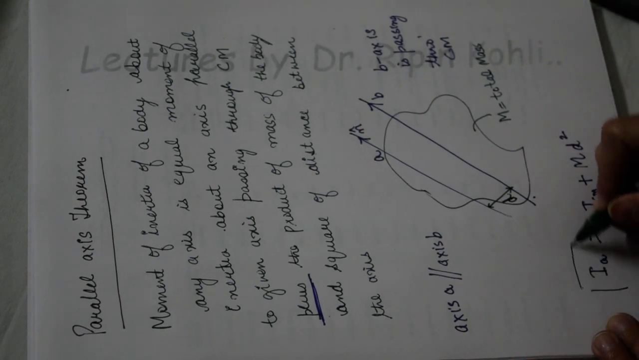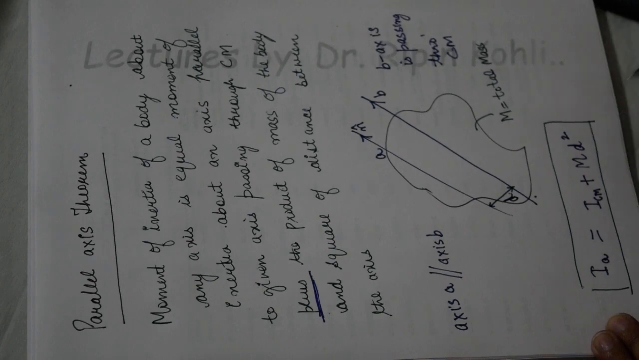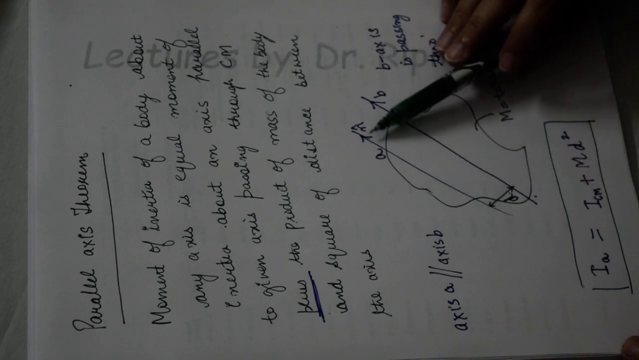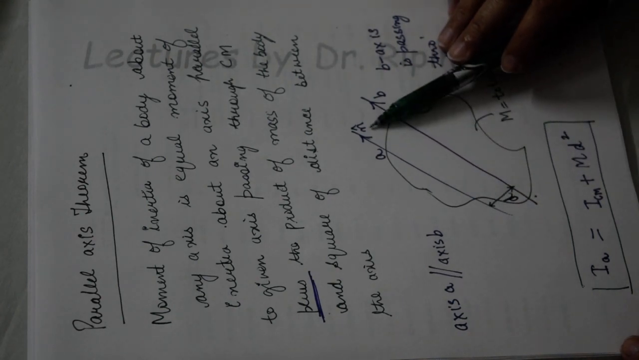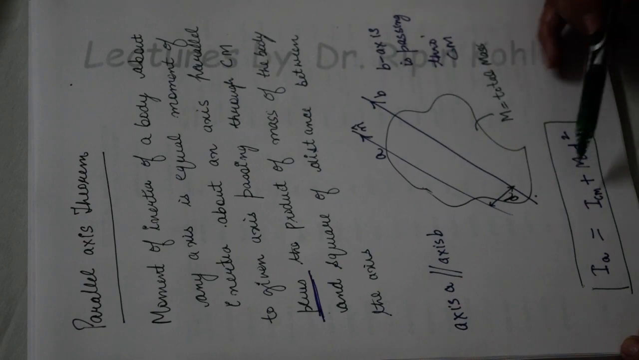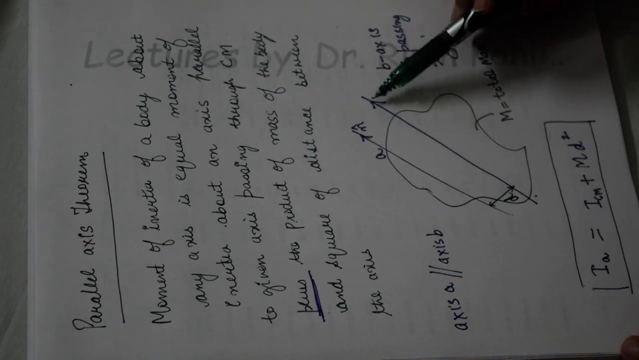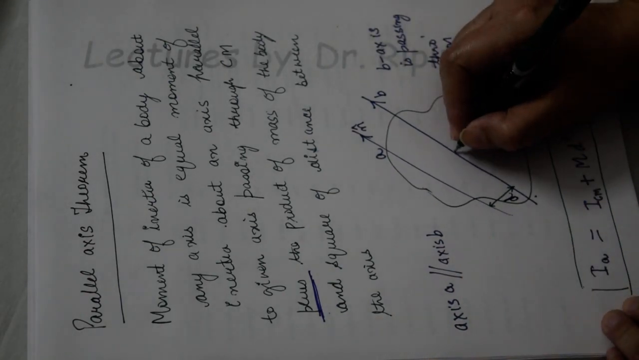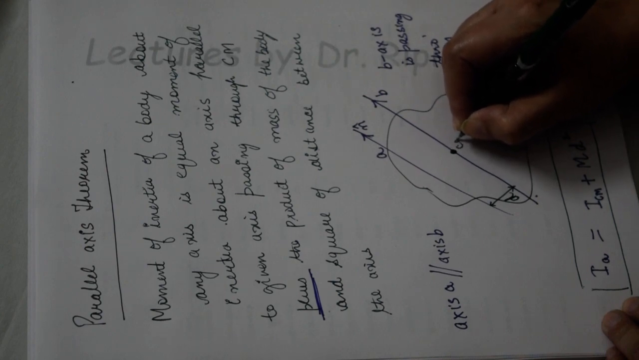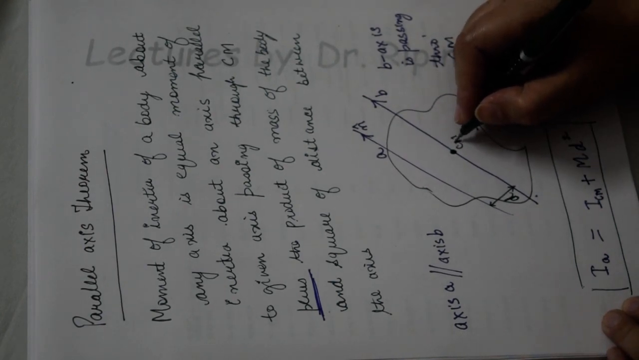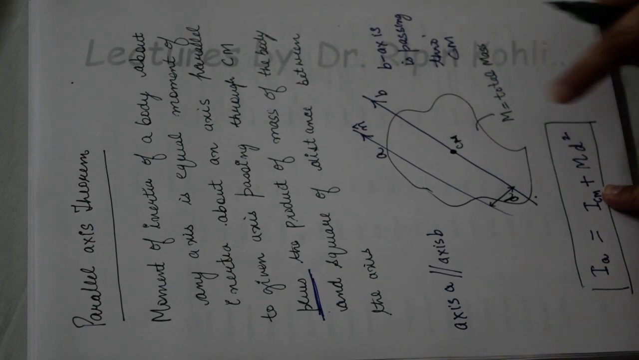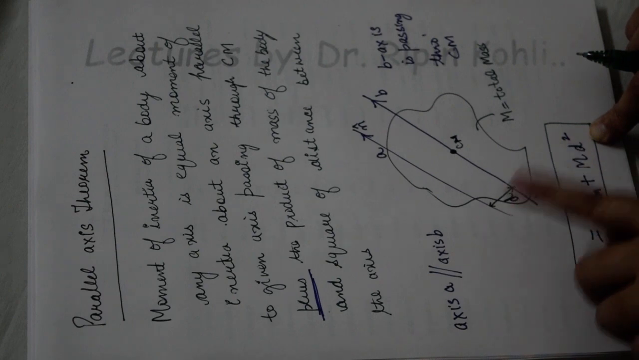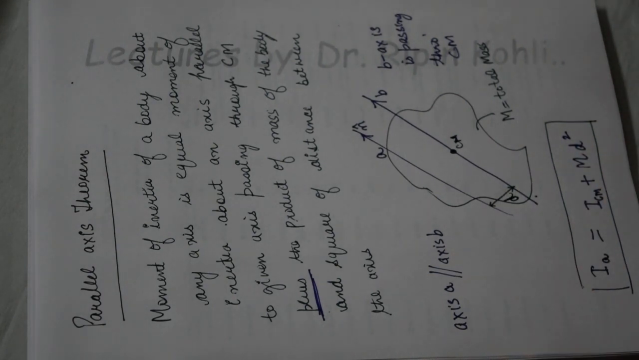So this is what is stated by the parallel axis theorem, that is, if I have to find the moment of inertia of a body about axis A, then it is equal to the sum of the moment of inertia of the body about an axis which is parallel to axis A but passing through the center of mass, let us say the center of mass lies somewhere here, plus the product of the total mass of the body and D square, that is the perpendicular distance between the axes. So moving towards